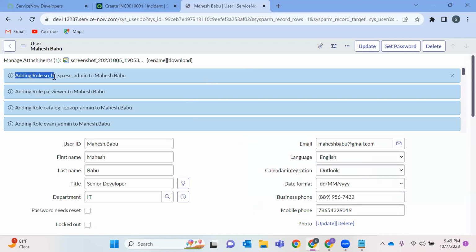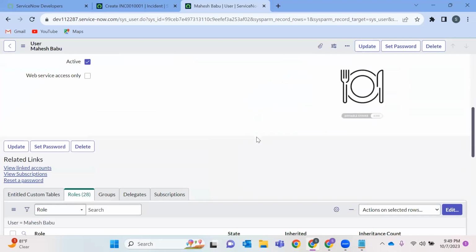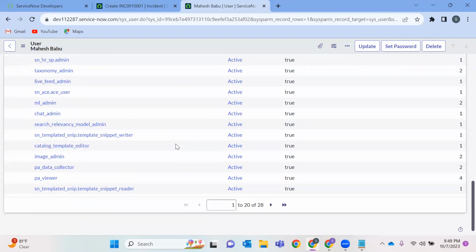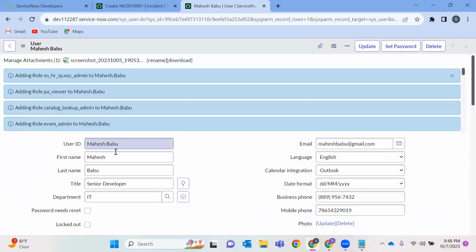Adding the role, because admin is a role which has inherited sub roles, I just added one role, but I can see 28 roles, because the admin role, apart from itself, also has 27 sub roles, and all these roles have been added to Mahesh's profile now.